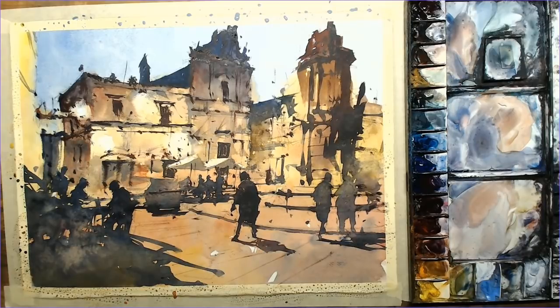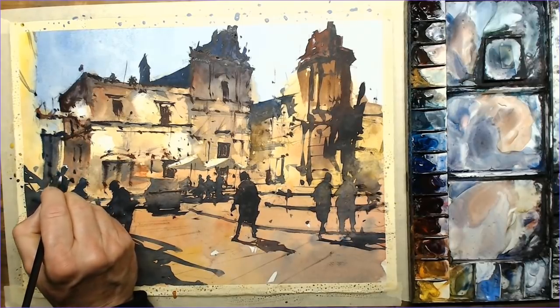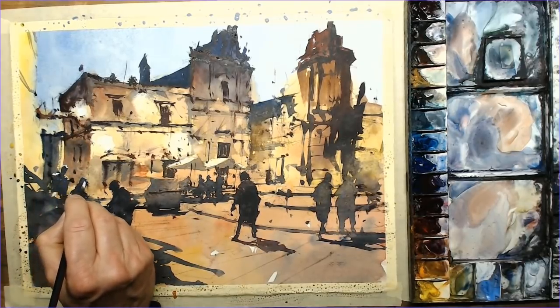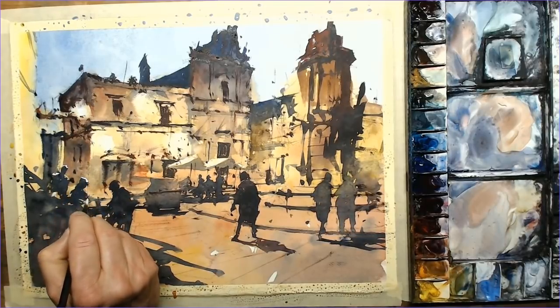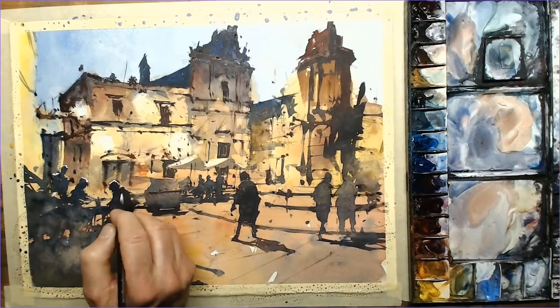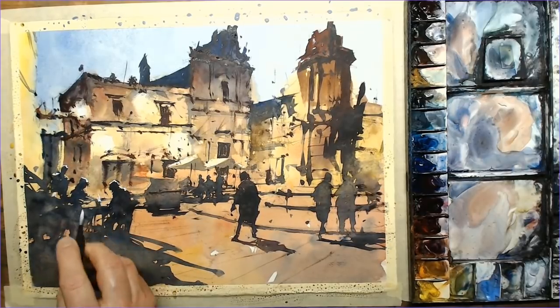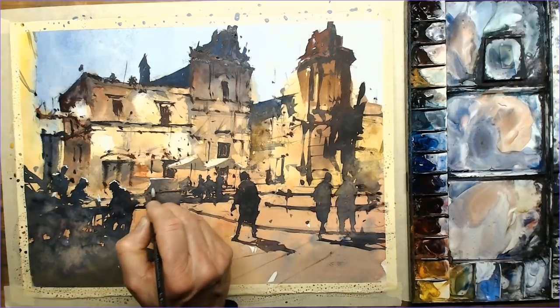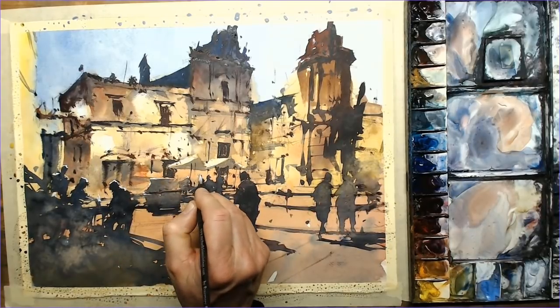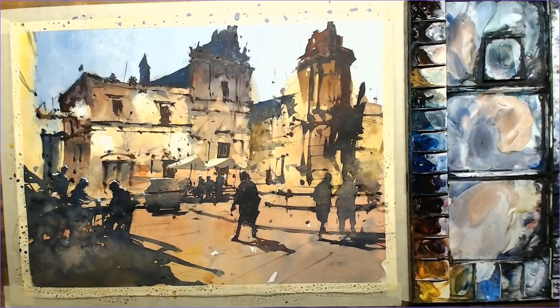This is me thinking, is that bright enough? As I say, I haven't done many night paintings. This is only my third one, and just feeling my way on this. And maybe the next one I might be tempted to use some masking tape over those light areas and then go all over with a wash and lift off the tape afterwards, and then just maybe with a brush just give me a soft edge up to that light area. So with this white paint, just a few dabs here and there,